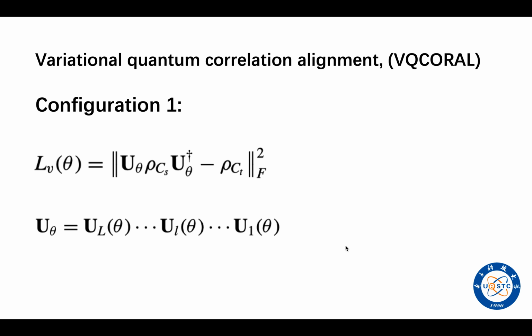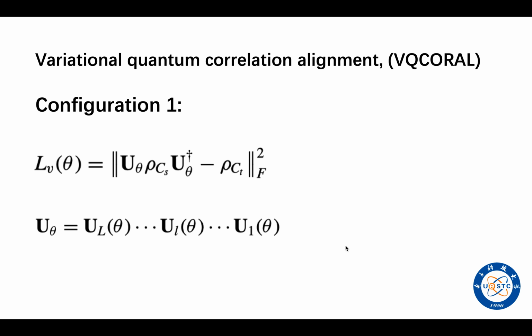The VQCORAL combines quantum computation and classical optimization together to implement the algorithm with parameterized quantum circuits. Compared with the QCORAL, the VQCORAL can achieve the procedure of correlation alignment with shallow quantum circuits. Specifically, the number of parameters utilized in the VQCORAL to achieve the procedure of correlation alignment is polynomial to the number of input quantum states. However, the cost of the classical CORAL will be exponential in the number of qubits when the original data are given in the form of quantum states.